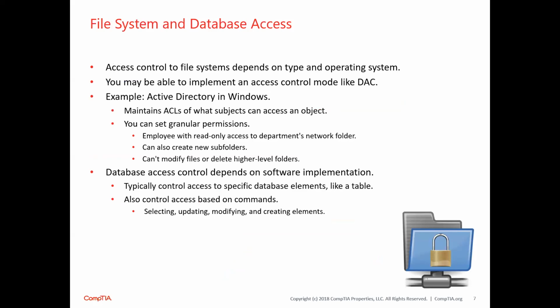And how about file system and database access? Access control for file systems depends on the type and the operating system. Sometimes they have discretionary access control. Sometimes they also use something else like Active Directory on Windows, which maintains an ACL of what subject can access an object. So Active Directory in Windows is a very special system that allows the